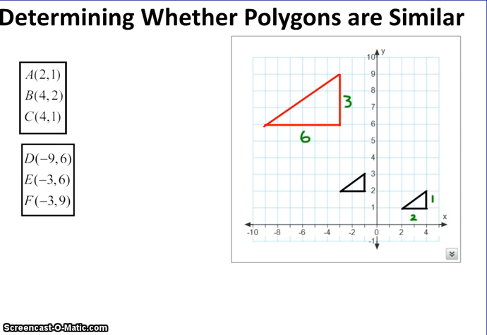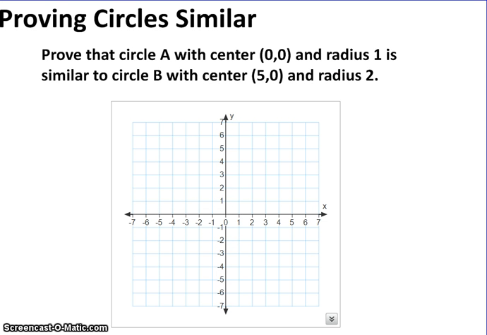You can check your work here. Basically, you would take the points of this one, so negative 1, 2, negative 3, 2, and negative 1, 3. Multiply all those by 3, and you will get the points that you see here. Alright, so dilations can also occur not just in any number of polygons, but actually it can occur in a circle as well. So, given circle A with a center of 0, 0 and a radius of 1,